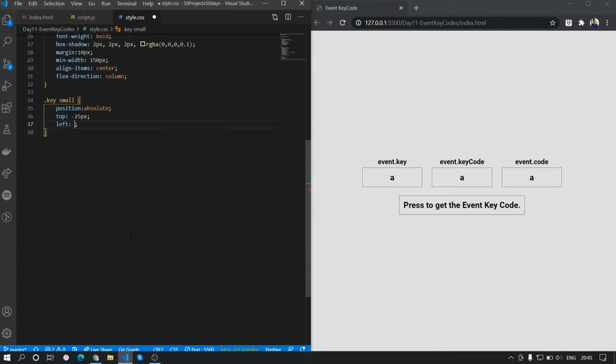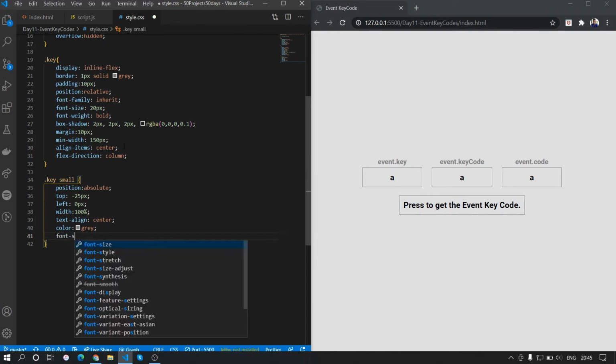We'll give it a left property of 0 pixel, and we'll let it have a width of 100%, and we'll also put text align center so that the text is centered. We'll set the color to gray, and we'll also reduce the font size.